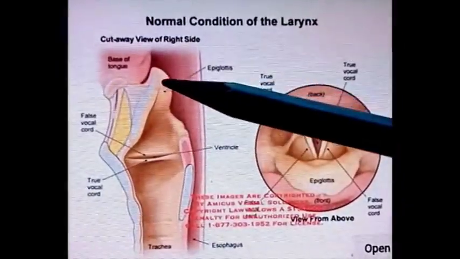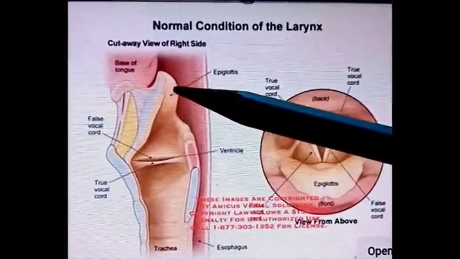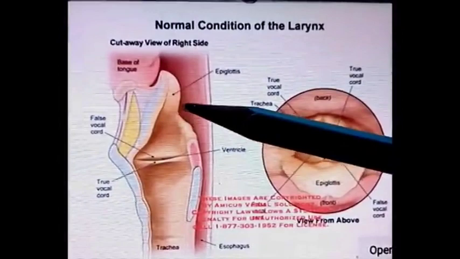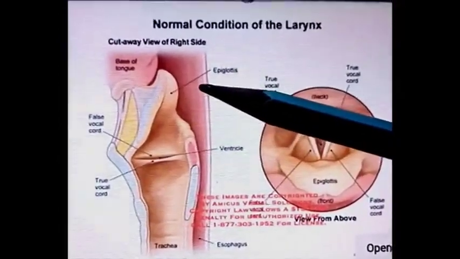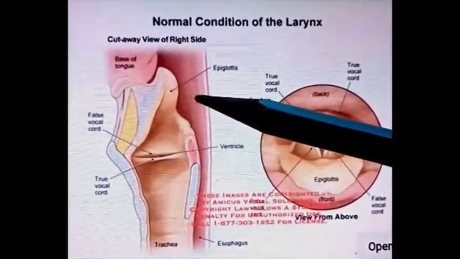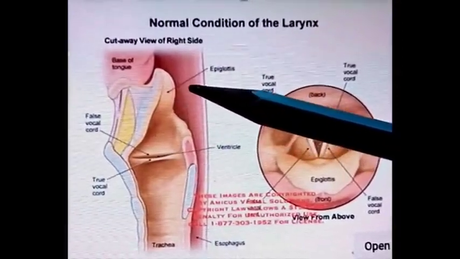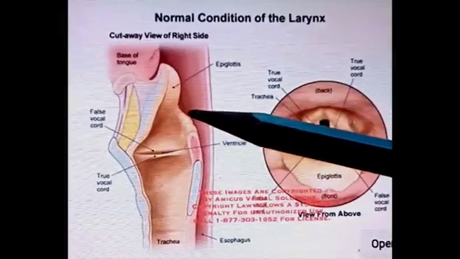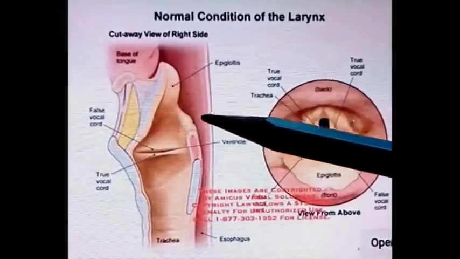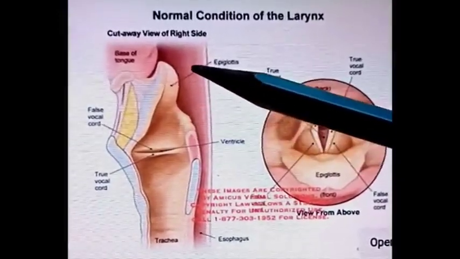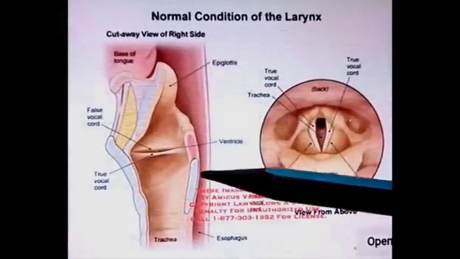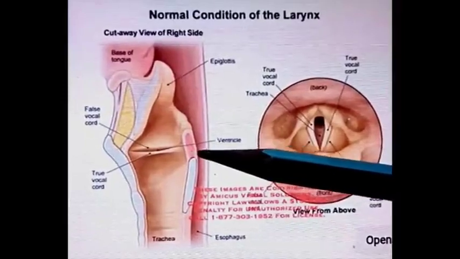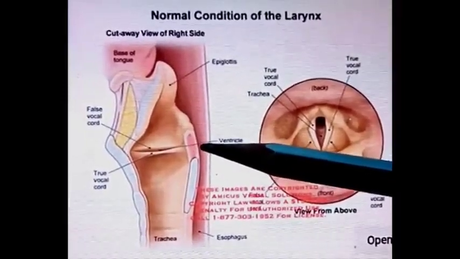The inlet of the larynx is obliquely placed. This oblique area is facing upwards and backwards, and it continues posteriorly, or opens, into the laryngopharynx. So this is the area of the pharynx known as the laryngopharynx, which lies at the level of the larynx or inlet of the larynx, and below that the esophagus begins. So this is the area from where the esophagus begins.